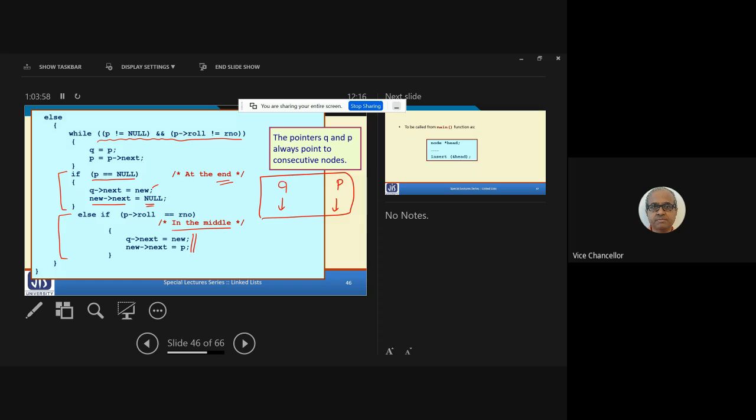You see, this code is fairly simple. You just look at the pictorial depictions I talked about earlier, and then you correlate with this. It will be very simple in that case. Try to understand from that perspective, right? Okay, let us move on. So I leave it as an exercise for you to understand this.